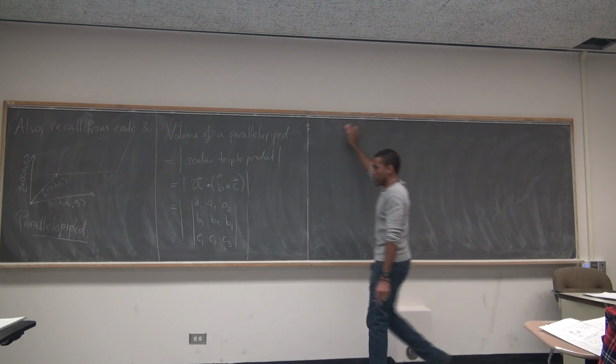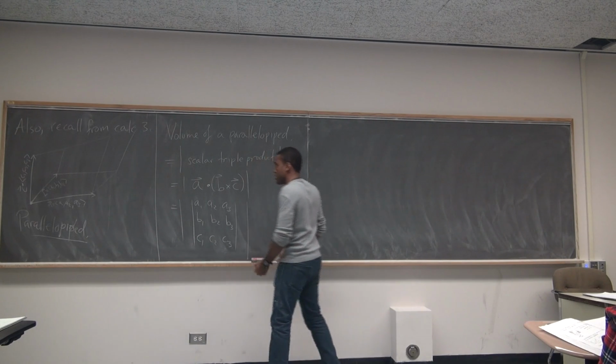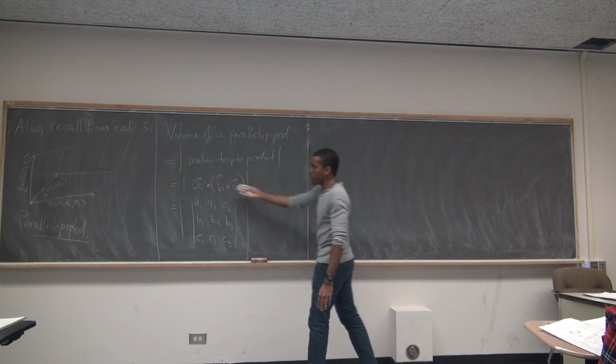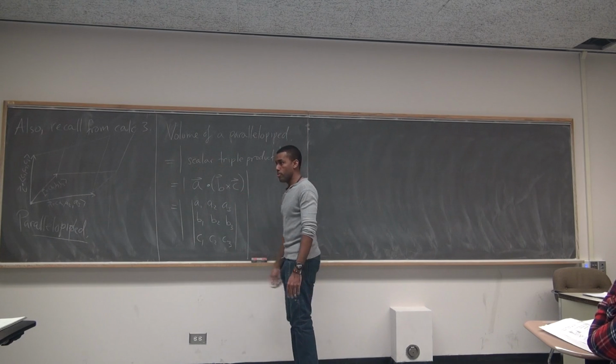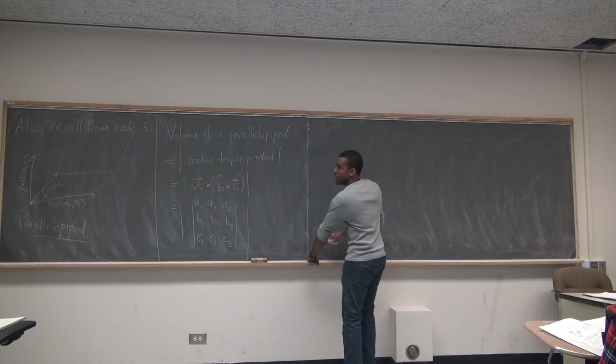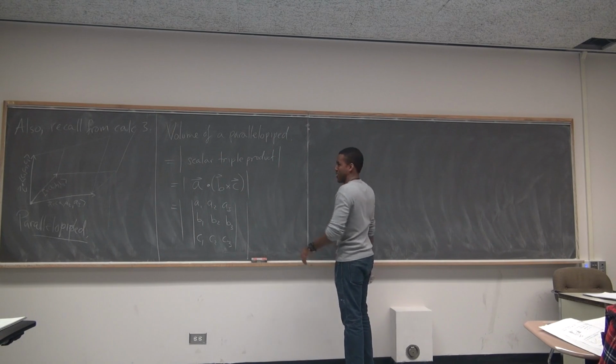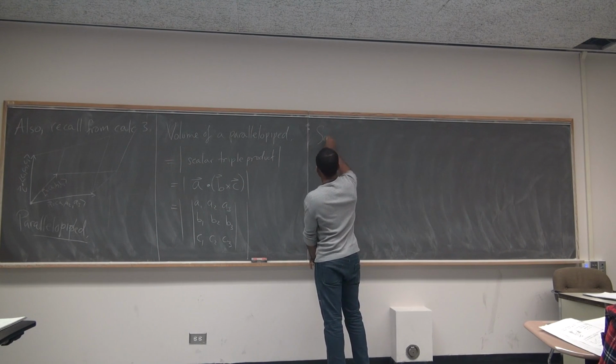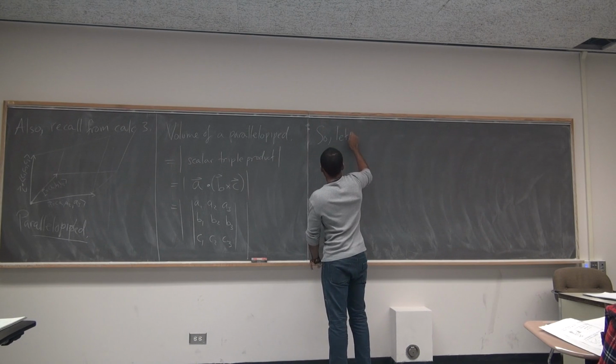Now, back in Calc 3, you probably didn't appreciate what you were doing, but you were actually finding what we call a determinant. And the reason you were finding it was to find a volume. Right? It was linear algebra happening all around you. You didn't even realize it. Okay, so